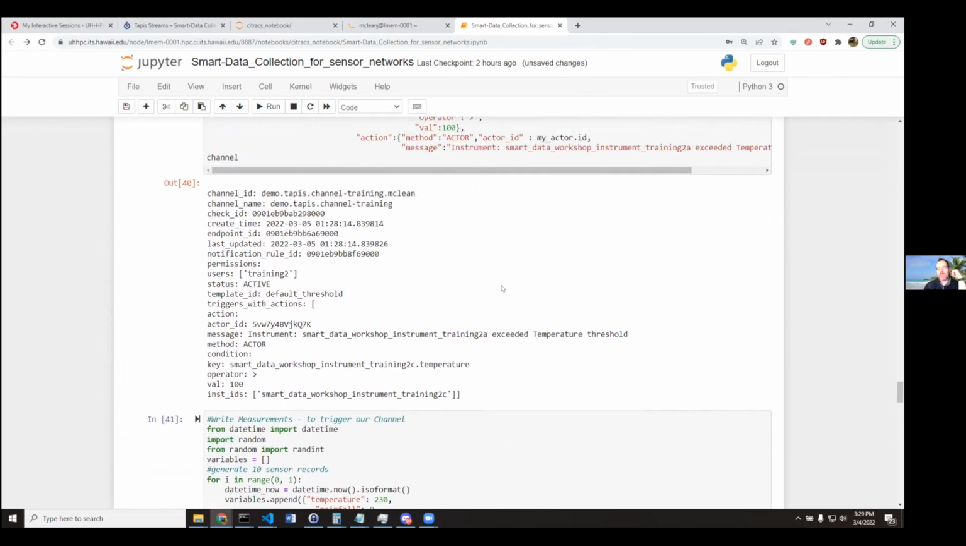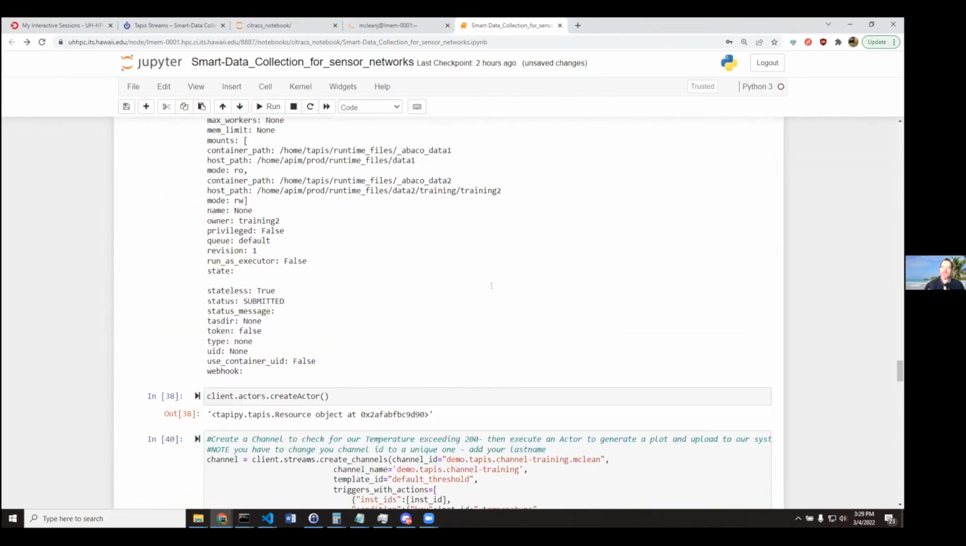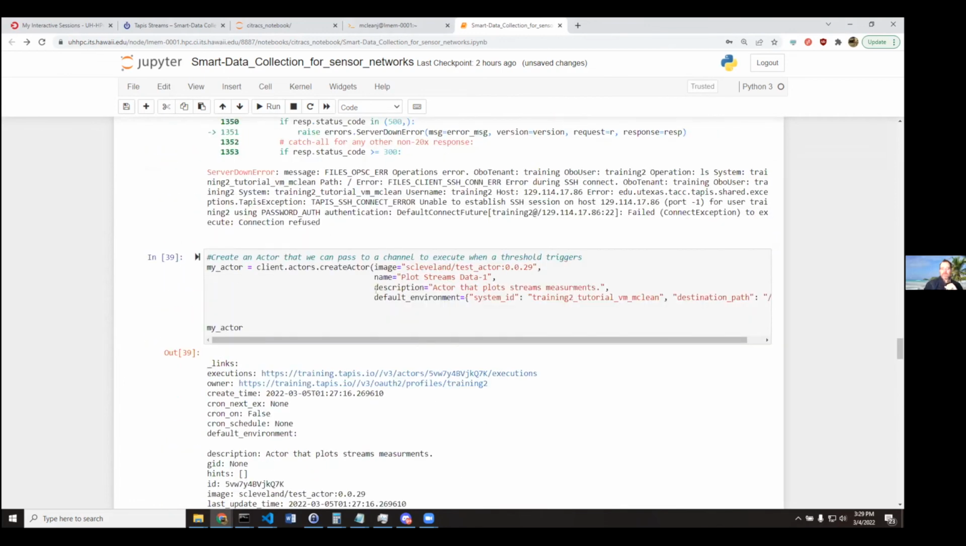Inside of that actor is this Docker container that contains a bunch of code. The code that we use to pull data and plot data and save out that plot in test.png, we have very similar code inside of that actor. So when this triggers, a message is passed to our actor in Tapis, with the information for which variable in streams triggered, what the value was, and what time it was triggered. And so it essentially pulls a window of data out of the streams API within the actor from that information, and then does that